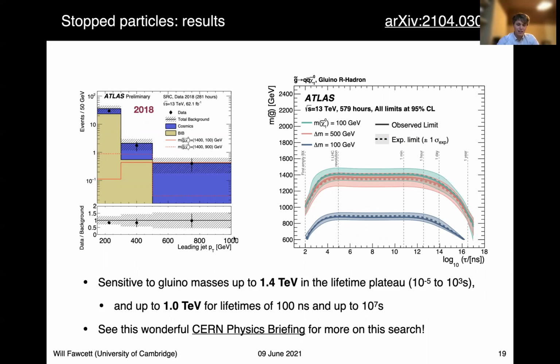This analysis is sensitive to gluino masses up to 1.4 TeV in the lifetime plateau, which is from around 10 to the minus 5 to 10 to the 3 seconds, and up to about a TeV for lifetimes of around 100 nanoseconds, and then also up to 10 to the 7 seconds.